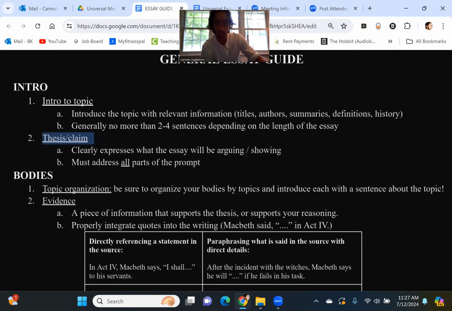So you get a prompt that says, explain to us what is the hamartia, right? What is the tragic flaw of Romeo in Romeo and Juliet? Oh, okay, that's the prompt. The thesis would therefore be your answer to that, which is what? The hamartia, the tragic flaw of Romeo in Romeo and Juliet, is Romeo's excessive impulsiveness. That is the hamartia. So that statement right there, that's the thesis. Same thing for every other essay, guys and gals.